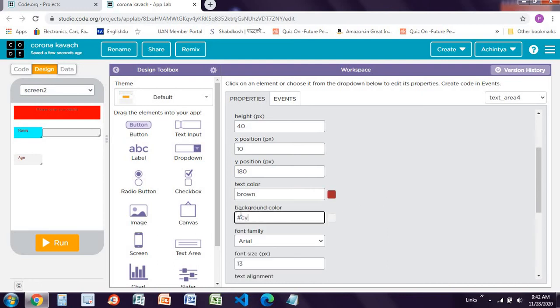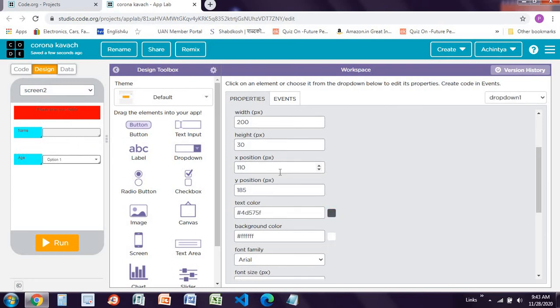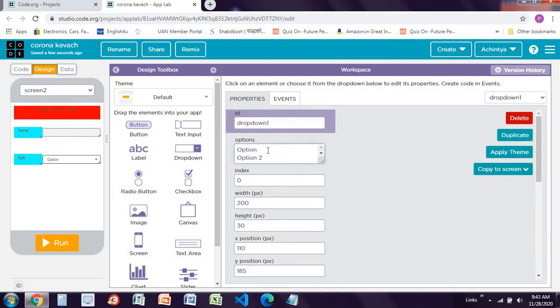And again I'll make it over here like this, and here we have to drag and drop one drop down over here. Now there's so many options, so we have to give some numbers like the age over here. We have to give this age till 20.